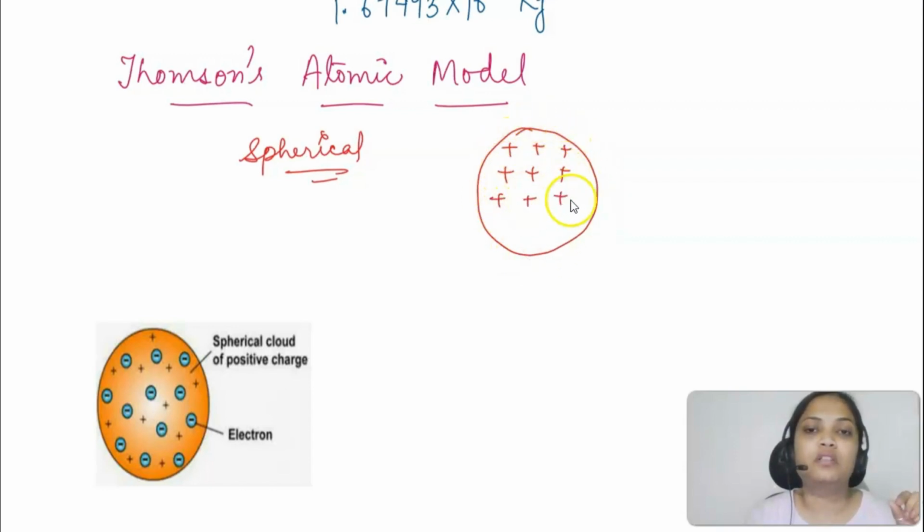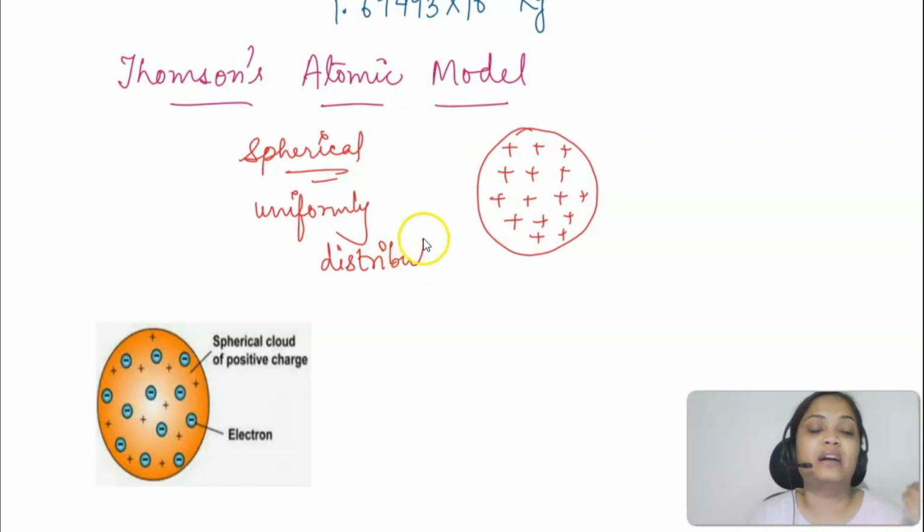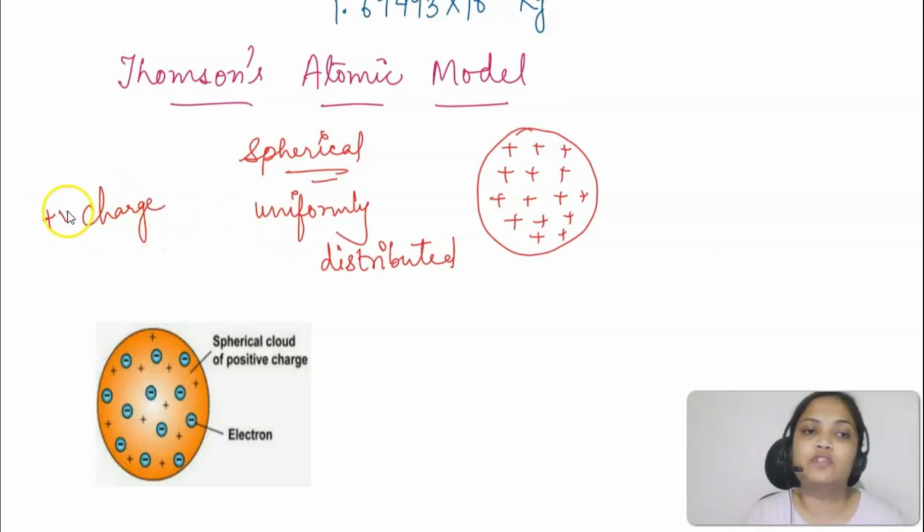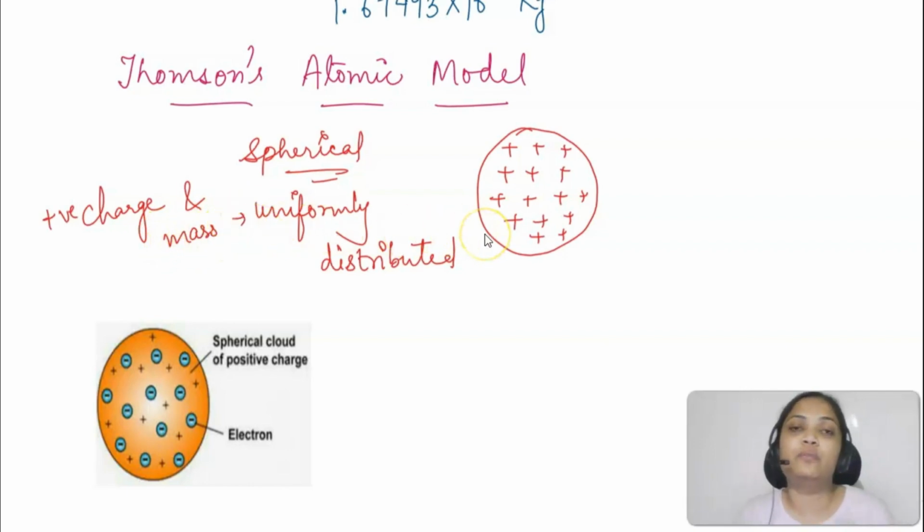Here the positive charge is uniformly distributed throughout the atom. If the positive charge is uniformly distributed, then the mass will also be uniformly distributed, because mass is because of the positive charge only. So Thomson said that the positive charge and the mass of the atom are uniformly